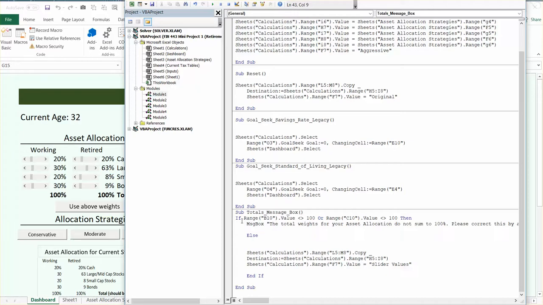I don't say something like, how do I change or create a text box to determine if the working and retired weights are equal to 100%. That's way too specific. I would do something like, how do I use an if statement to determine if a value is equal to a desired value? I'd be really more general. And so my totals message box macro first looks at cell B10, which is this cell, and determines whether or not it's not equal to 100, or if C10, which is this one, is not equal to 100. If either of them are not equal to 100, then I want it to pop up this